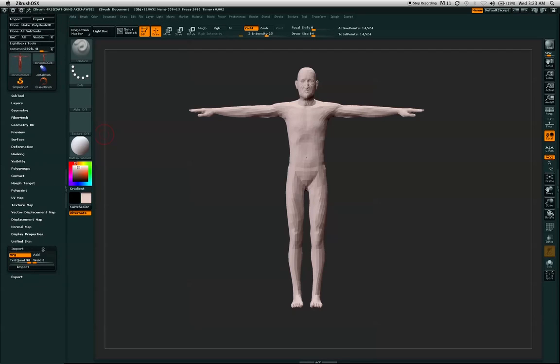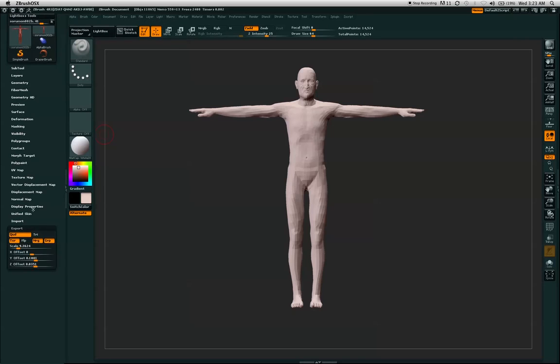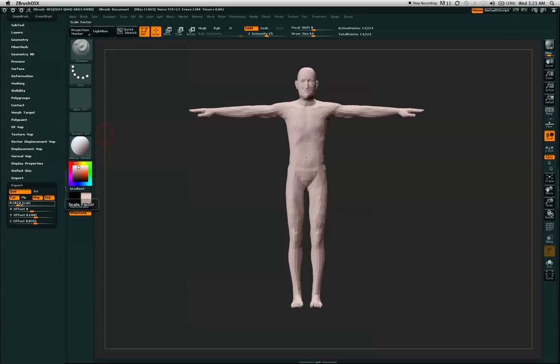The first thing I like to do is go to the export palette, and as you can see here, the scale is set at 9.3624. I really don't want that, so I'm going to put it at 1. The X, Y, and Z offsets should all be at 0, for that's where you want them placed on your floor